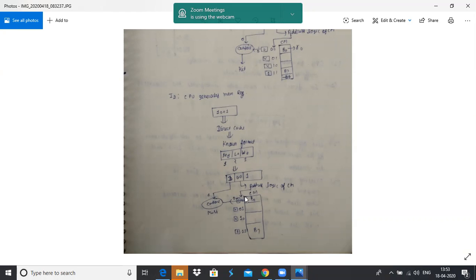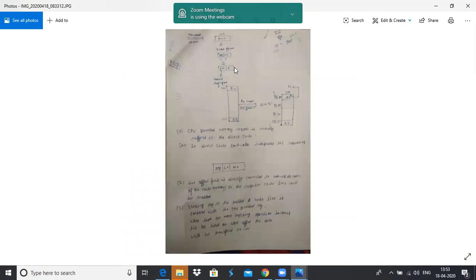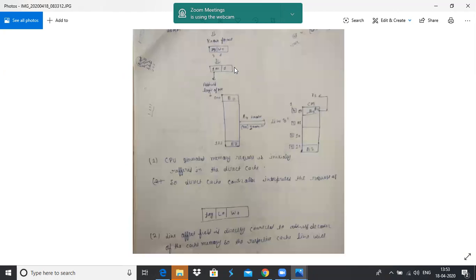First, you will bring the B9 main memory block from main memory to the cache memory. How will we bring the B9 main memory block to the cache memory? See here. This is the known format.